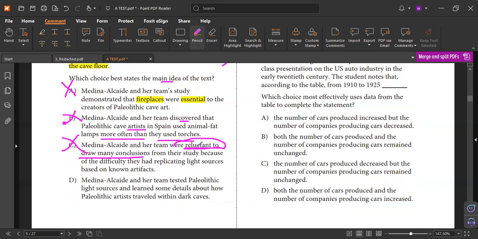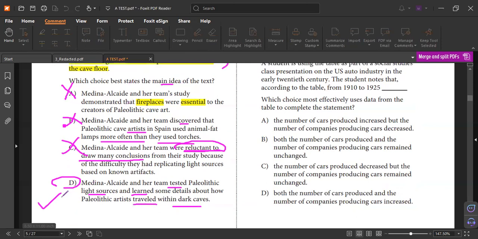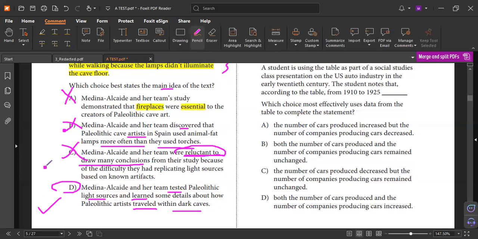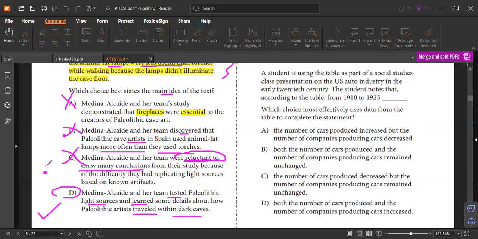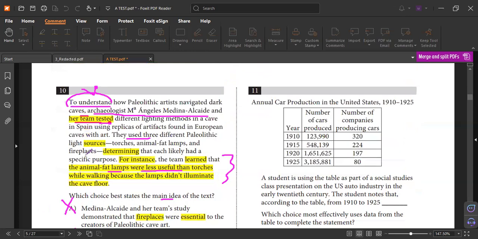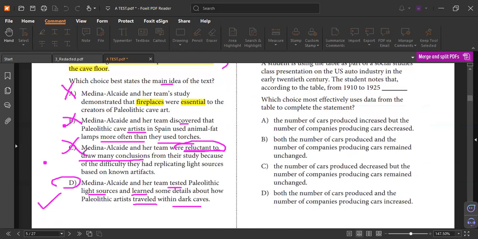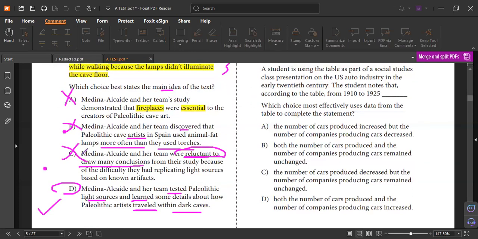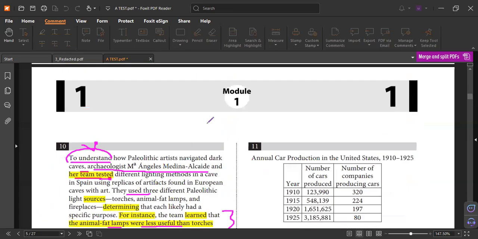So this expression helped me. Now here, letter D. They tested and then they learned. They tested, yes, they tested the light sources, as mentioned in the text. And they learned more details about how artists traveled within dark caves. That is correct. That is the point. If so, letter D is supported and evident in the text. So your job right now, read